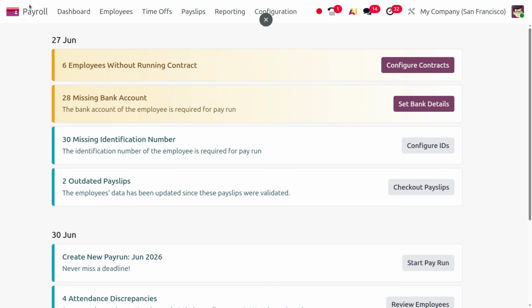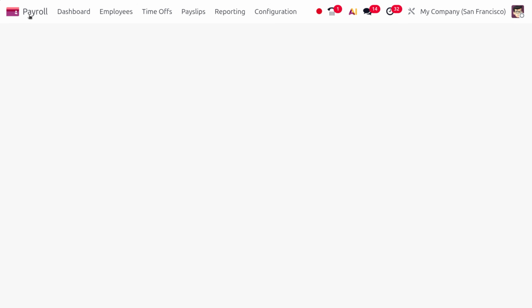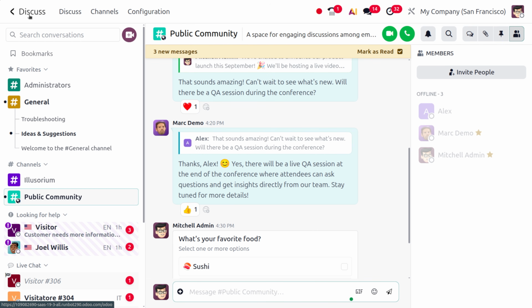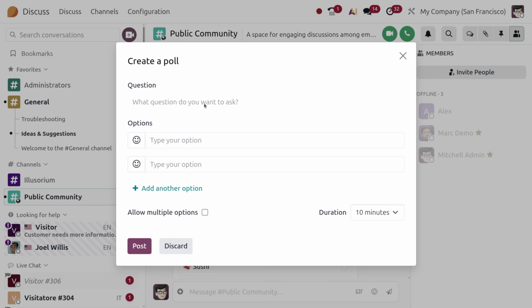And finally, the 10th feature of the Odoo 20 magic features is the setting of polls in Discuss. When we talk about polls in the Discuss module, polls will be only available in group chat and will not be available in individual chat. Currently we are in the group chat, and upon clicking on the plus icon, you can see that we can create a poll